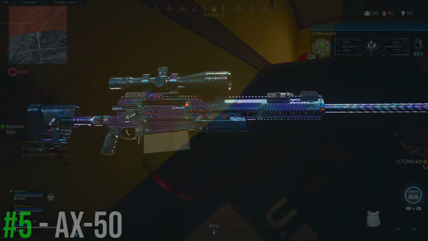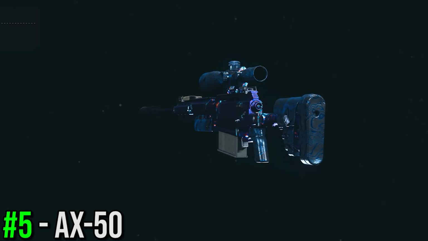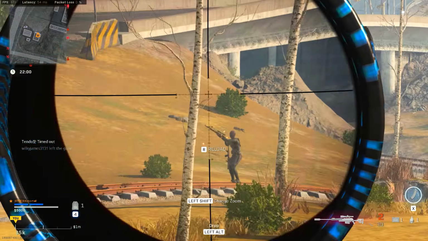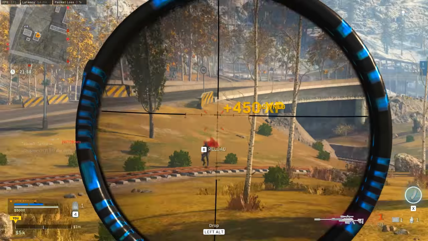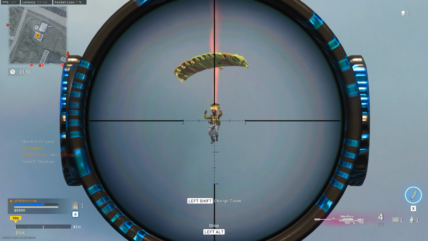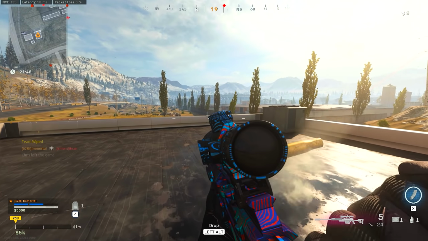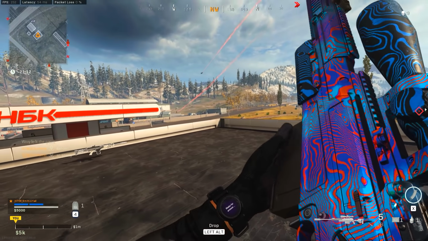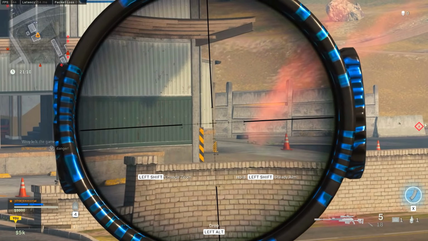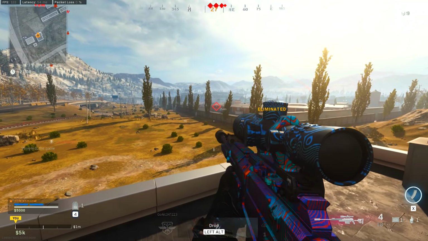So starting off at number 5, I've got the AX50, and to be honest, this and the number 4 spot are pretty close. You could probably swap them in terms of rankings and it really wouldn't make much of a difference, but the AX50 has been a super consistent sniper all throughout the year. Of course, it is a Modern Warfare weapon, so literally since the start, this one has been a go-to choice. It actually has one of the best max velocities out of any sniper in the game. I believe it's like the 4th best according to true game data, meaning this is absolutely capable of fighting at